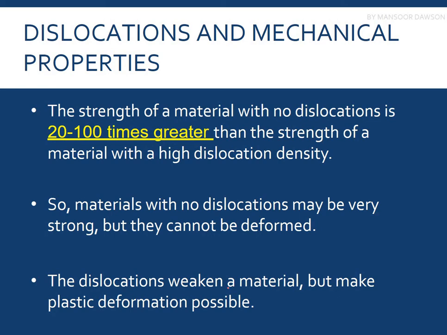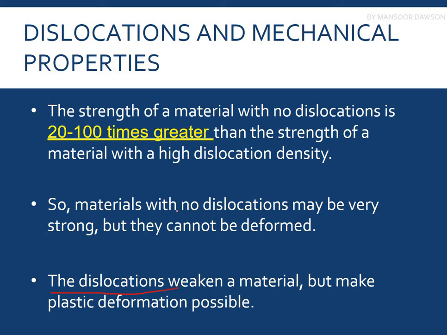So in order for the sheet to be bent, the sheet must bear plastic deformation. If the sheet could not bear plastic deformation, it would not bend, and it would break easily. So basically, dislocations help the material